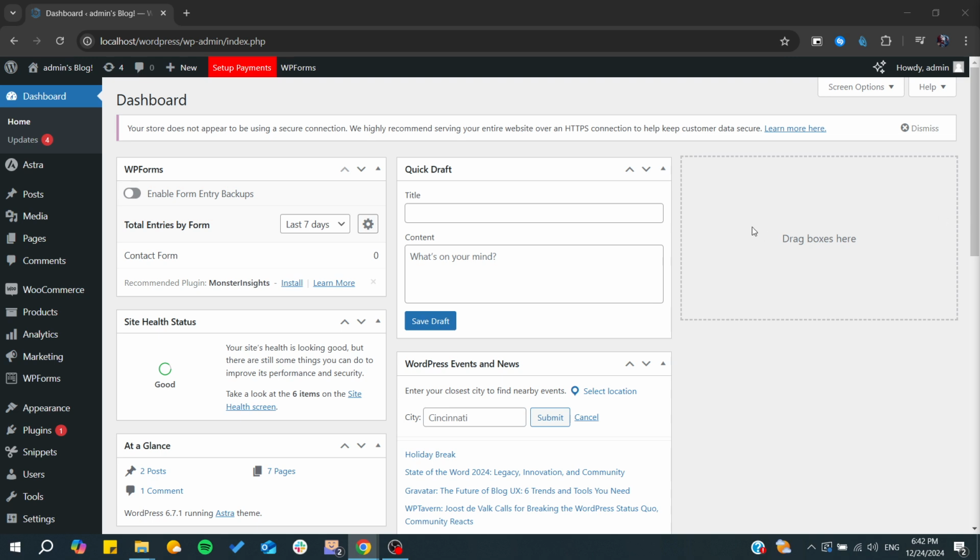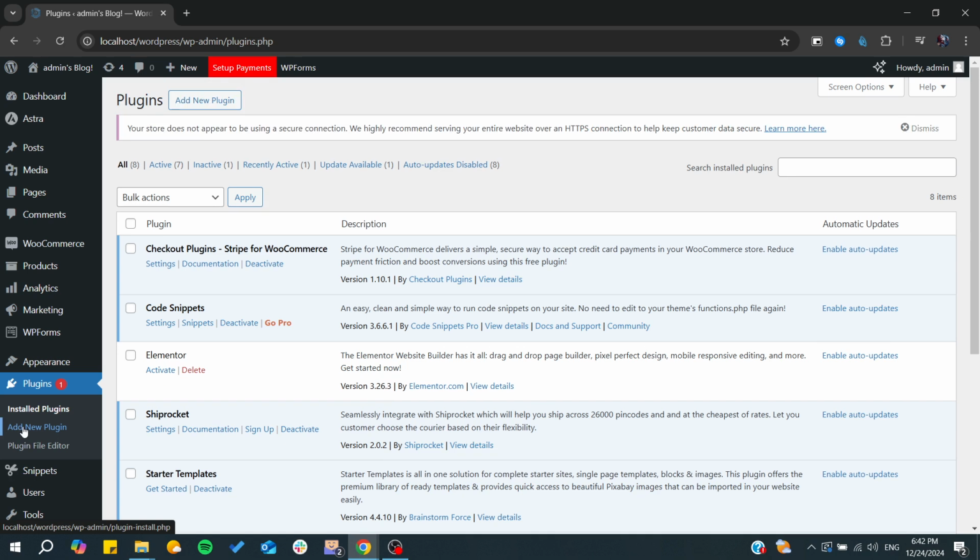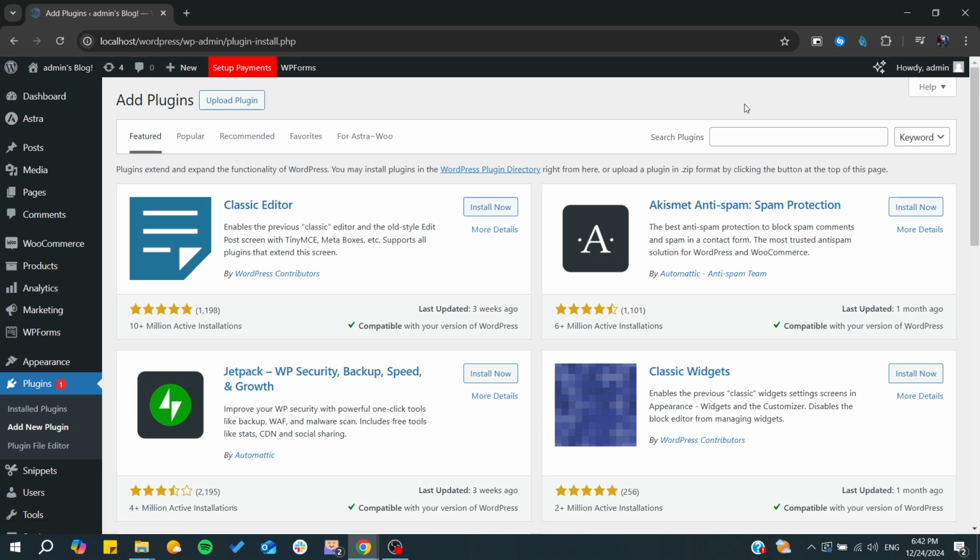So first, you will need just to go to plugins and we will need to add a plugin that will allow us to add videos to products. So from here, you will need just to click add new plugin and then we need just to search video gallery or products video gallery. So let's just type products video